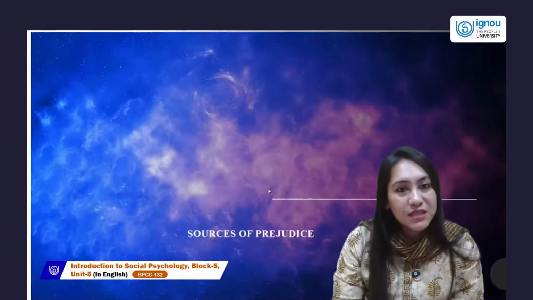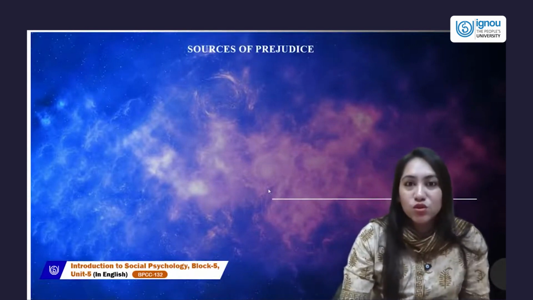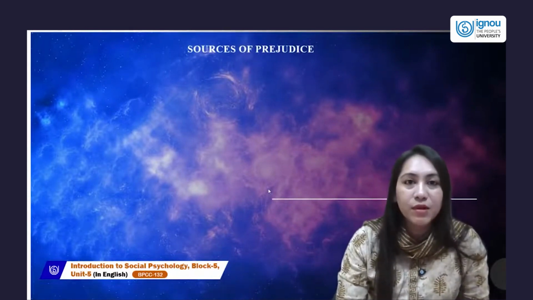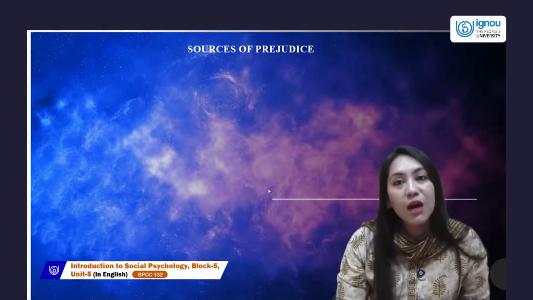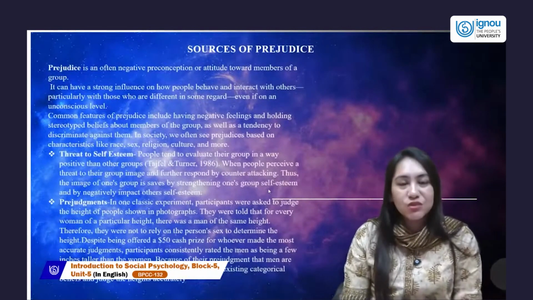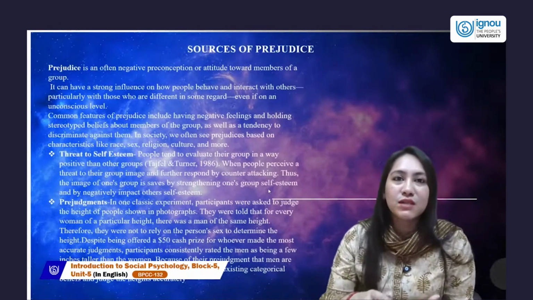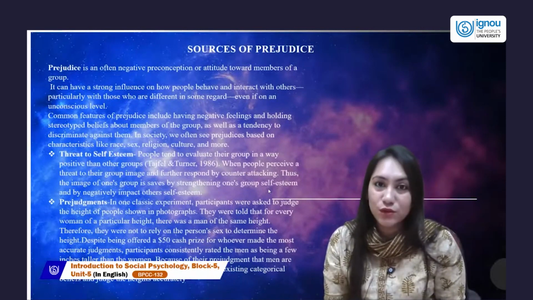Now, further to this, let's move to a new topic. When we know that prejudices are usually coming from feeling, coming from the belief of thinking, reasoning, problem solving, what are the sources? How are we learning it? So prejudices are often negative. As I said, stereotype has two sides of a coin, which is it could be positive also, and it could be negative also.